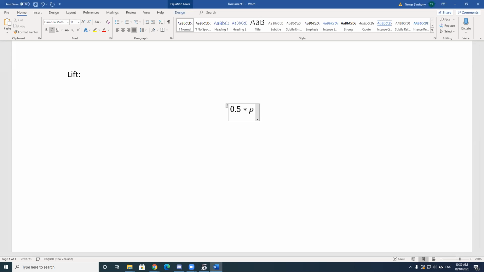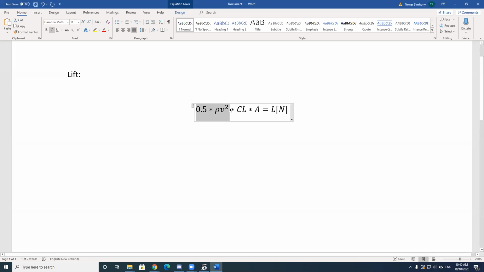dynamic pressure, which is half rho v squared times CL times area. And that's equal to our lift force. So the lift force is in newtons. We've got in here something that you'll see a lot, which is half times the density times the velocity squared. That pops up in all sorts of